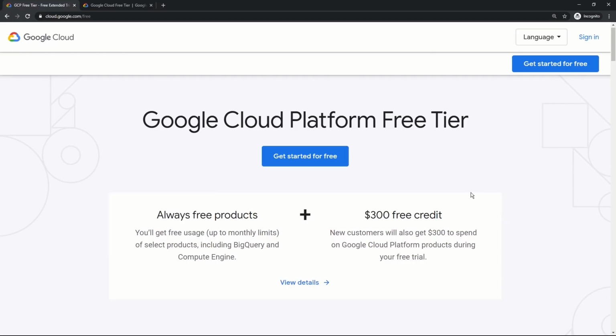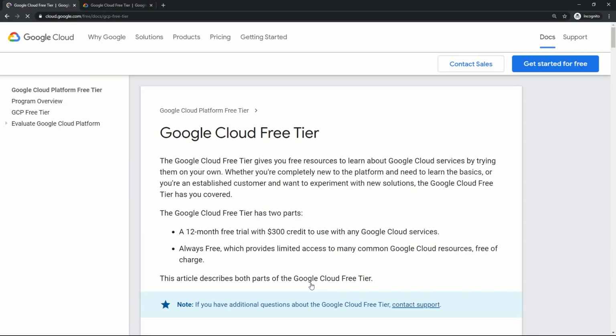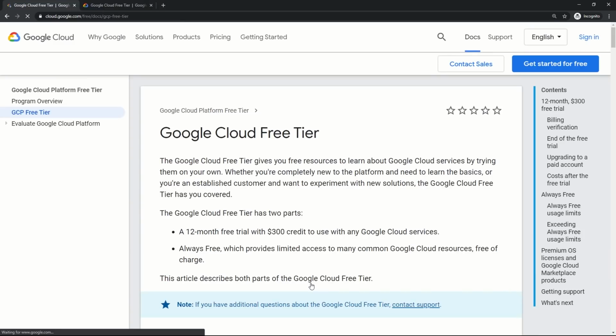The next feature of the Google Cloud Platform free tier account is $300 free credits. New customers will get $300 to spend on Google Cloud Platform during their free trial period. You can click here for more details. So the Google Cloud Free Tier gives you free resources to learn about Google Cloud services by trying them on your own.